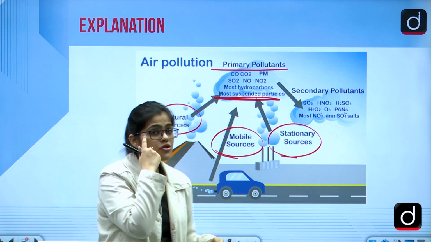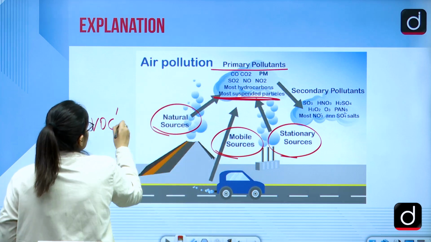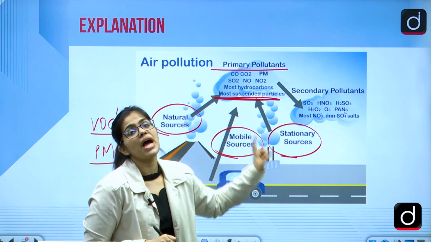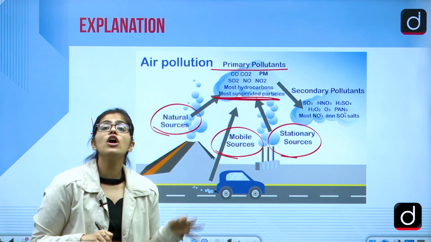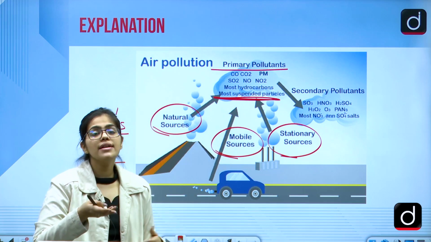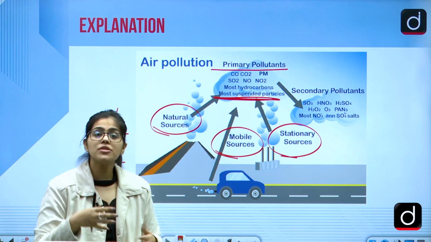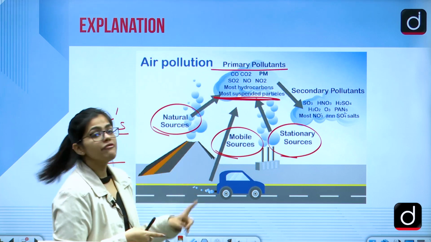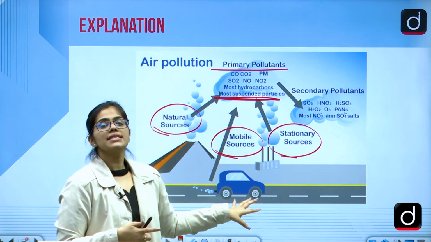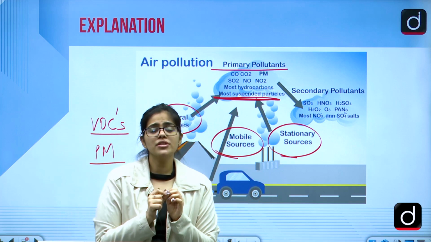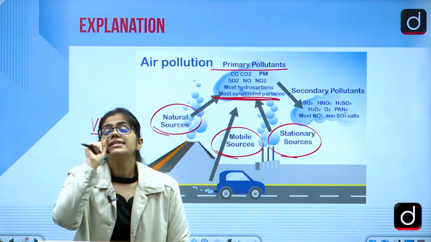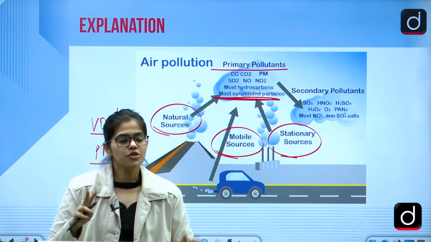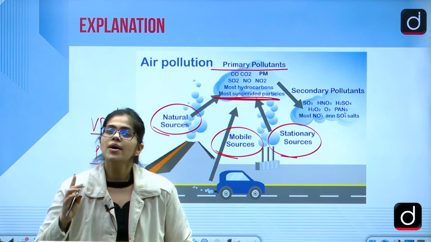Now what else should you study? You should also study VOCs, right? You should study PM more, and you should also study all of these primary pollutants and the diseases caused because of them. Like, lead can cause what? Lead can cause damage to your nervous system. So you should know the direct impact of all of these pollutants. You should also know the difference between primary and secondary pollutants. Primary pollutants are directly present in the air, while secondary pollutants are compounds formed by chemical reactions of the primary pollutants that are present. So two primary pollutants will make one secondary pollutant.